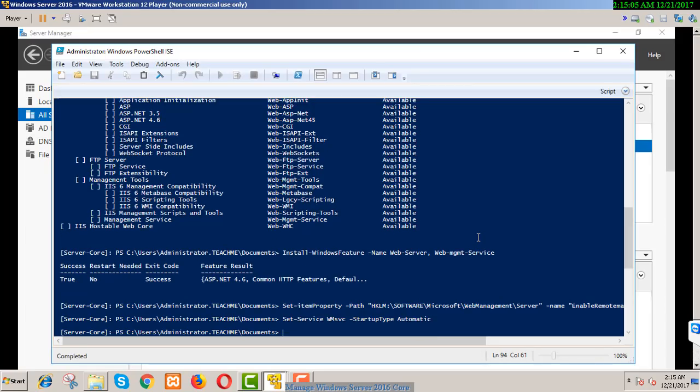So we have successfully installed a web server, enabled the remote management in the registry, and set the service to start automatically. Okay, if you want to rename the server so that it's easy for you to understand,